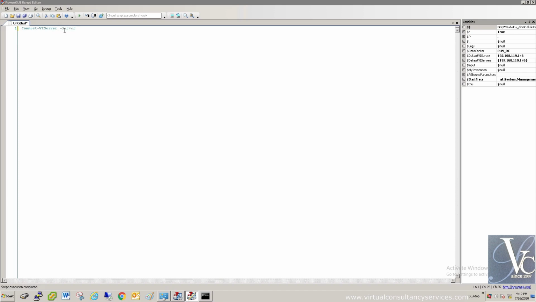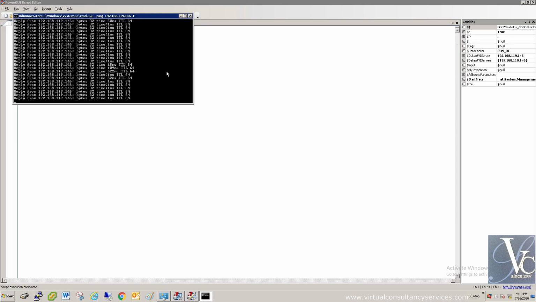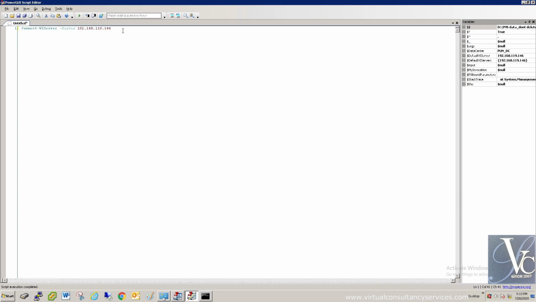Then server is an optional parameter, and we type the IP address of the vCenter, which is here. Then you just click on the run button.